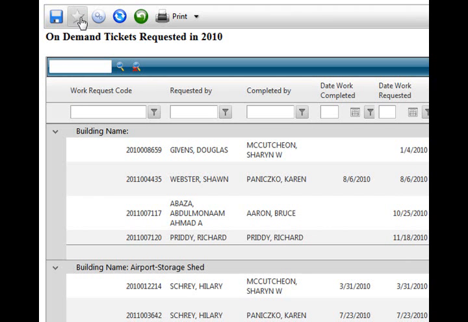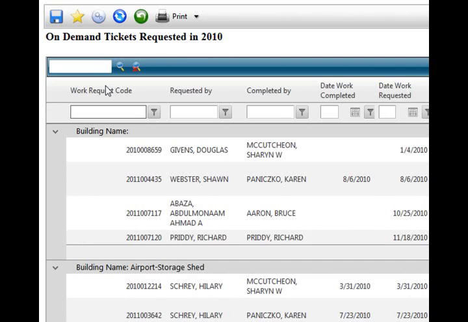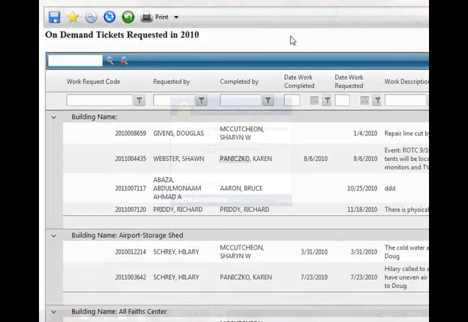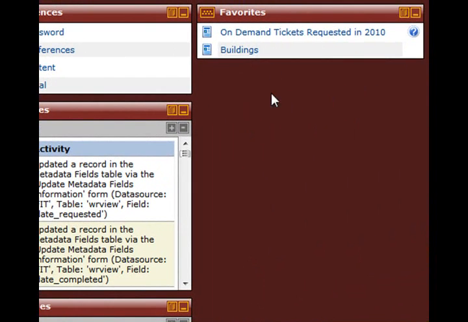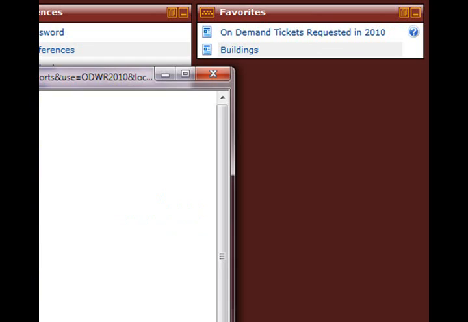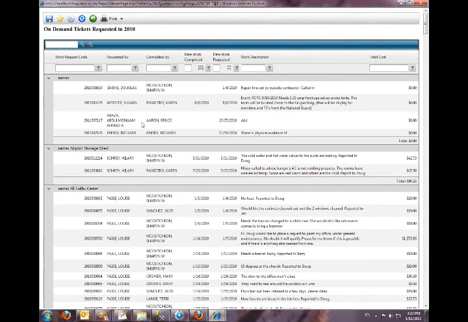And so now that we're pretty happy with what we've got, we can save it again. And another new feature is the ability to favorite this, and so you'll see when I click on that star, it becomes yellow. And what that does for us is the next time we come into our main portal, you'll see that we've now got that listed there on our desktop. Additionally, other users should be able to search for this report now. So here you can see, again, that comes up instantaneously.